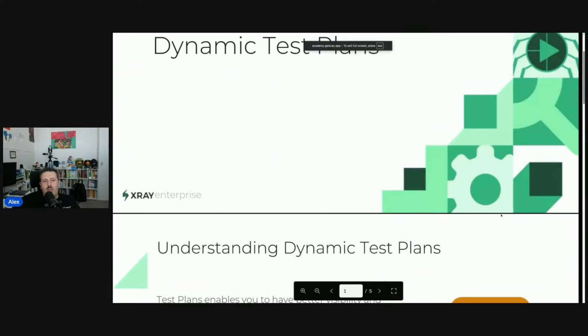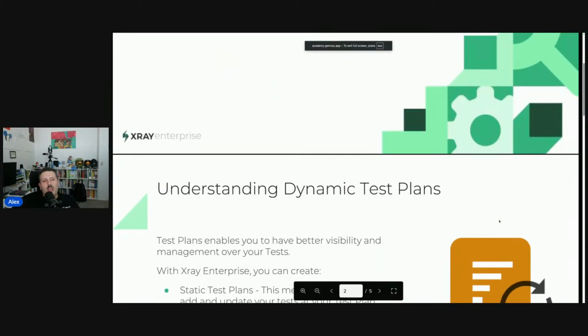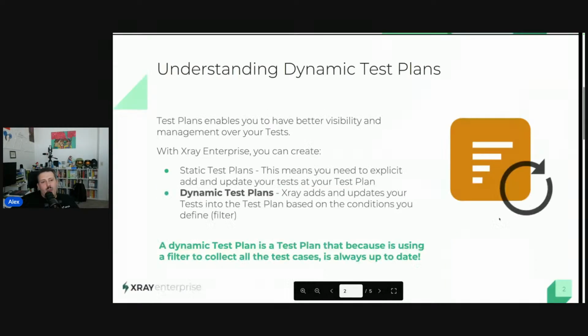Now we're going to shift gears. We're going to move over to dynamic test plans. So test plans enable you to have better visibility and management over your tests. With Xray Enterprise, you can create static test plans. This means you need to explicitly add and update your tests to the test plan. Or you can have dynamic test plans where Xray adds and updates your tests into the test plan based on